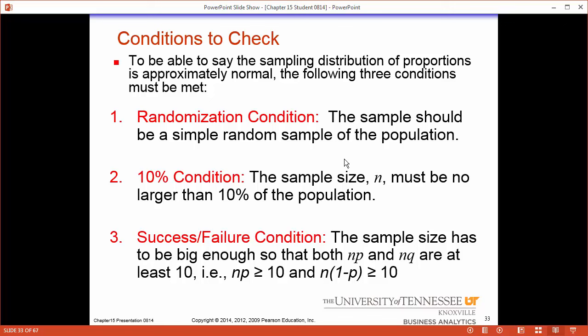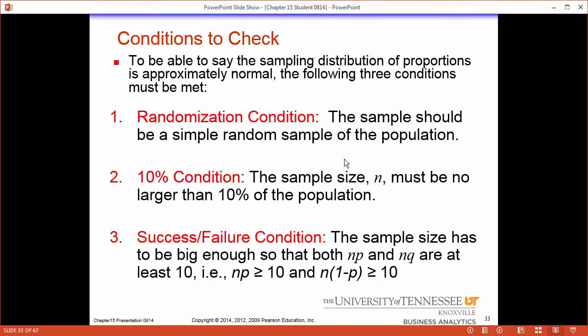So it sounds weird to say don't oversample, but this is kind of considered the oversampling condition. It's a great way to test on it because people think, oh, sampling is good, and it is. But your statistics become less reliable, and you can't really trust your numbers if you go over 10%. If you get 11%, it's not the end of the world. If you get 9%, it's not like it doesn't have some bias. It just starts to exponentially go up as you get more and more. Like 10 is bad, 15 is really bad, 20 is horrible, 25 is crazy, and your statistics become less reliable. So don't sample more than 10%. For example, UT has around 30,000 students. Don't sample more than 3,000 or you've oversampled and broke the 10% condition.